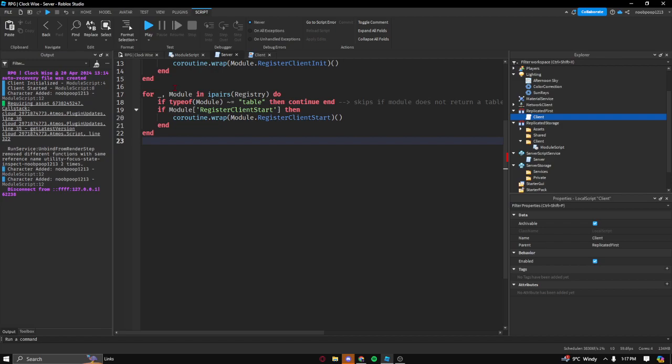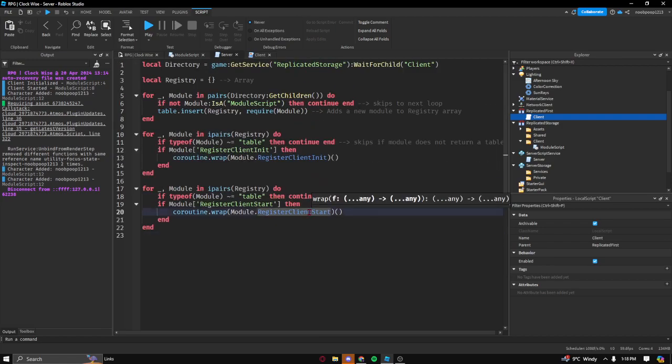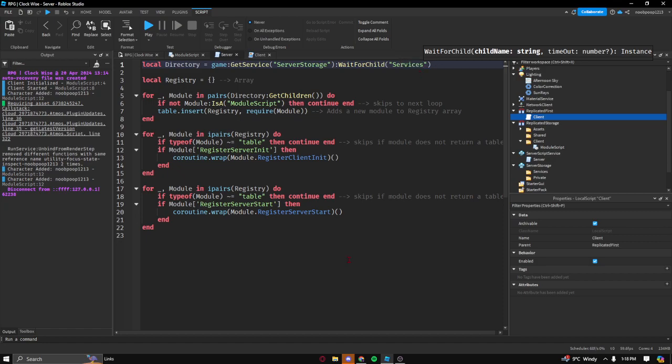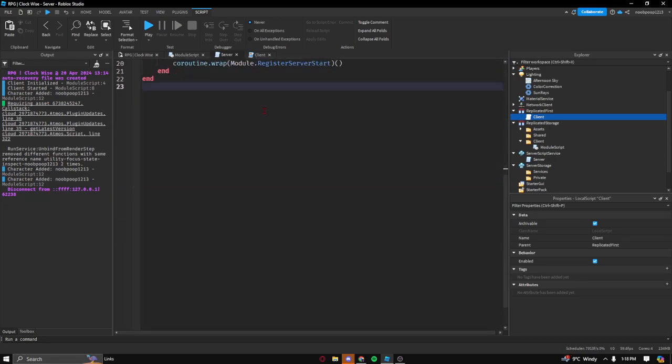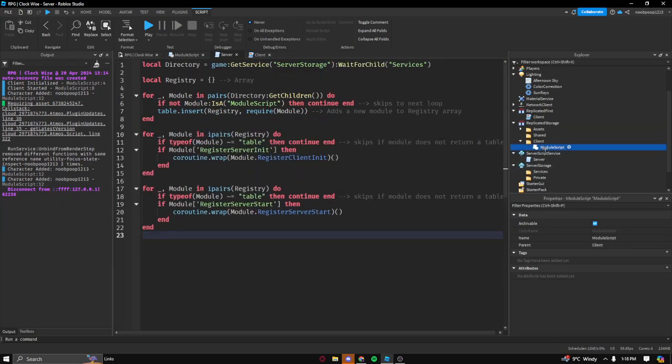And then just change this to server, server, server, and change it to service storage. We'll wait for child services. Boom. And if we create a module script inside of services